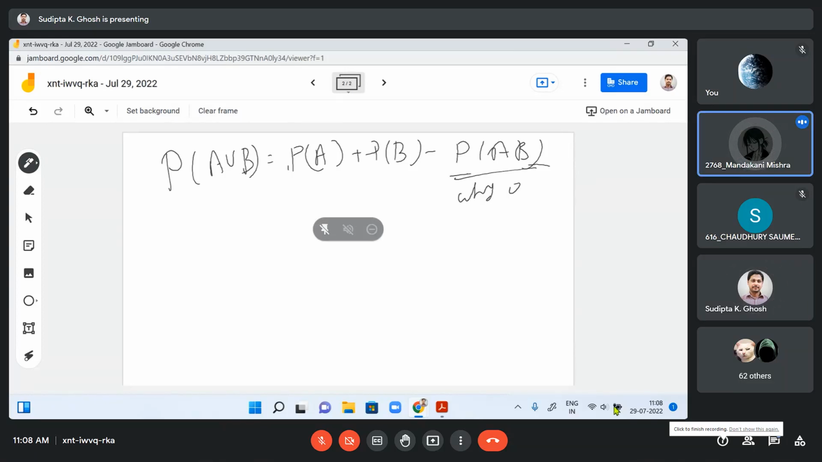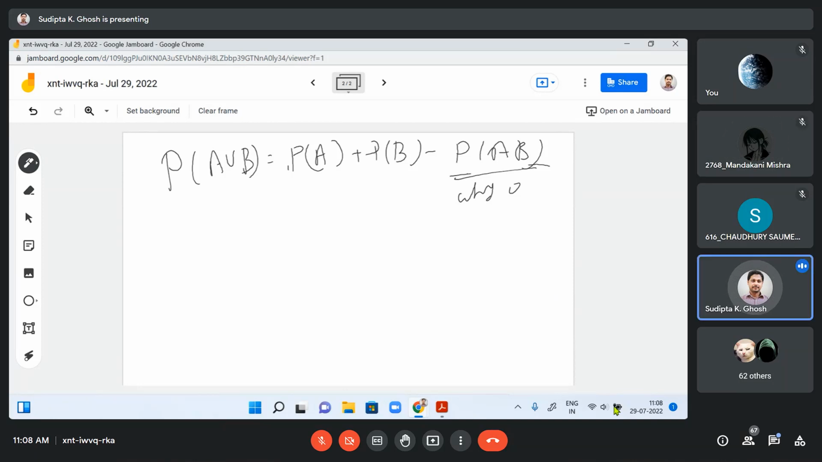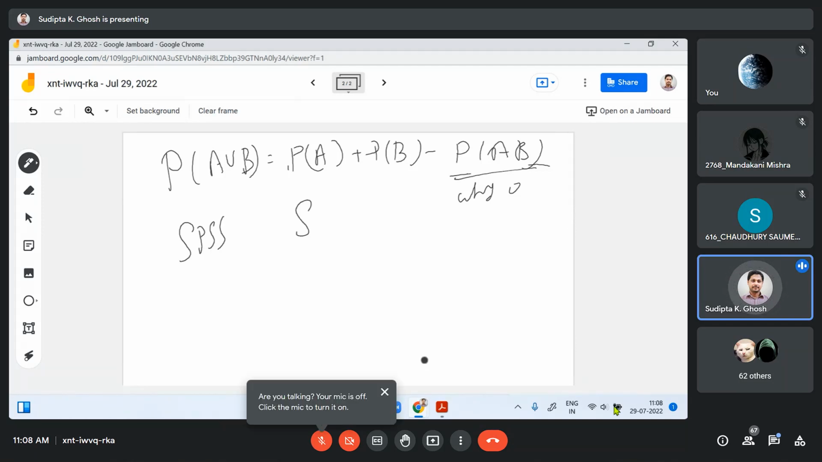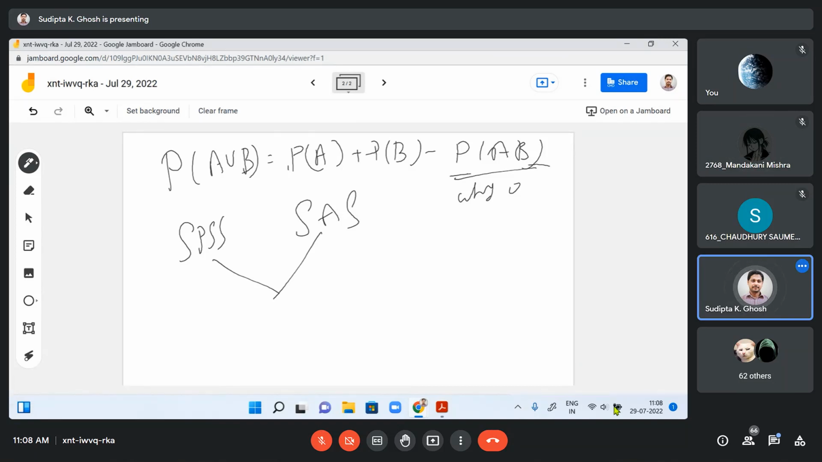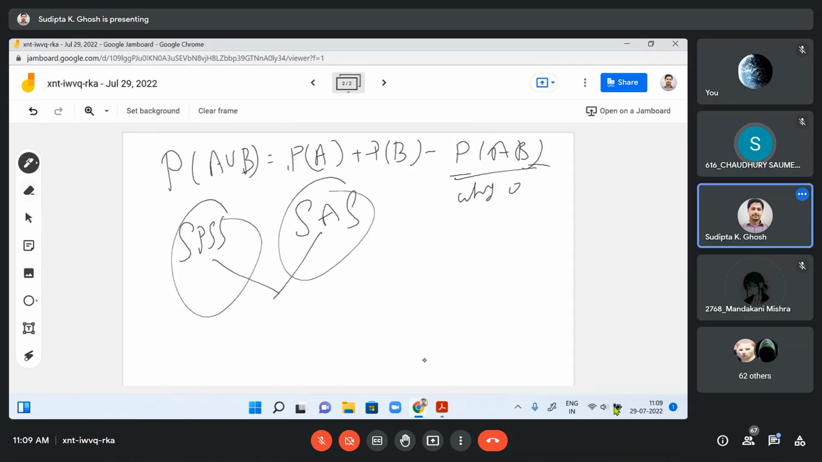Because they are both different packages, there might not be any intersection between them. They are talking about the SPSS package and the SAS package. Did they mention that some money is coming from the SPSS package and some money from the SAS package? No, they have not mentioned that. They are providing the money either from here or from here. That's why the intersection probability of SPSS intersection SAS